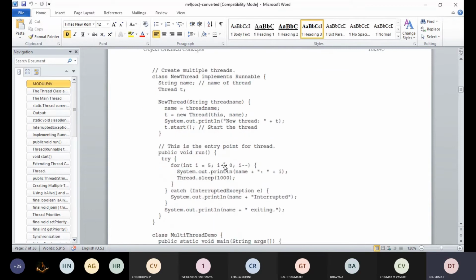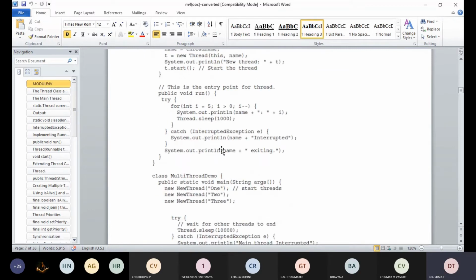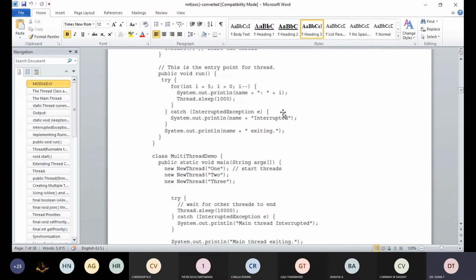Okay. Now if any error occurs for any thread, it is going to display that particular thread: thread 1, thread 2, thread 3, right? Then the exception is handled, and it gives the message that the particular thread got interrupted.